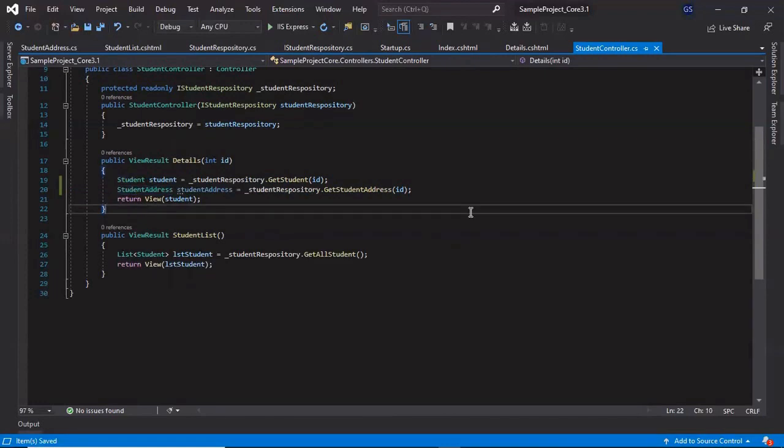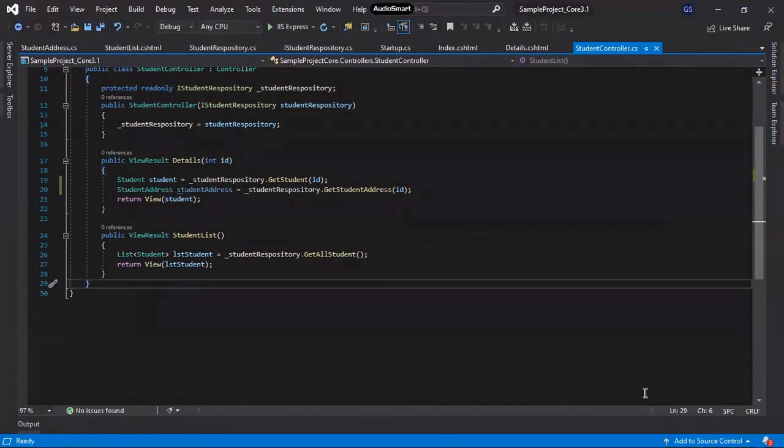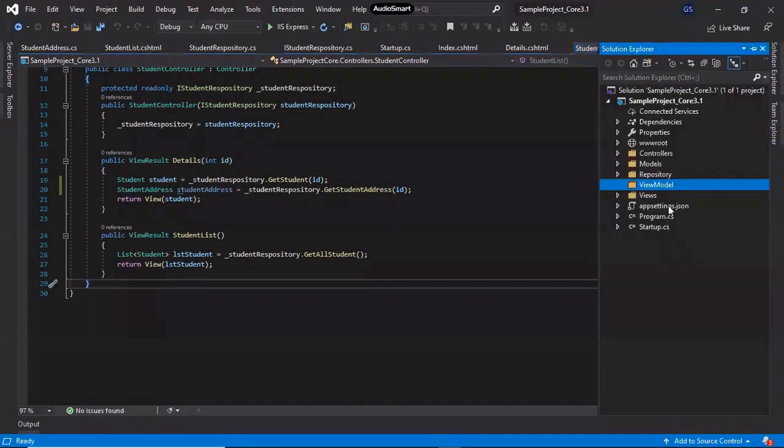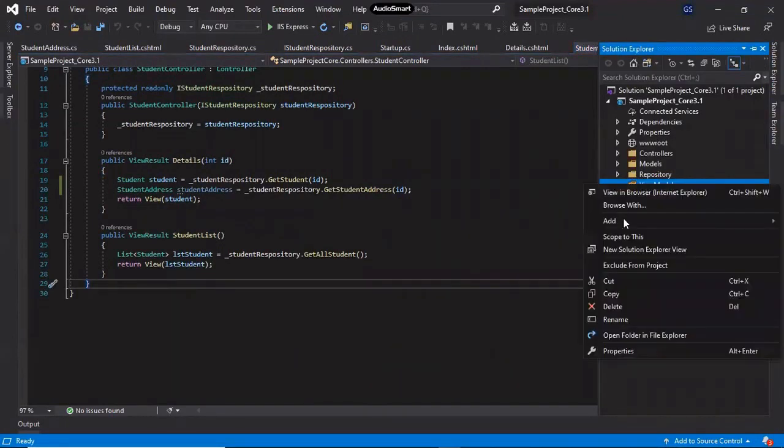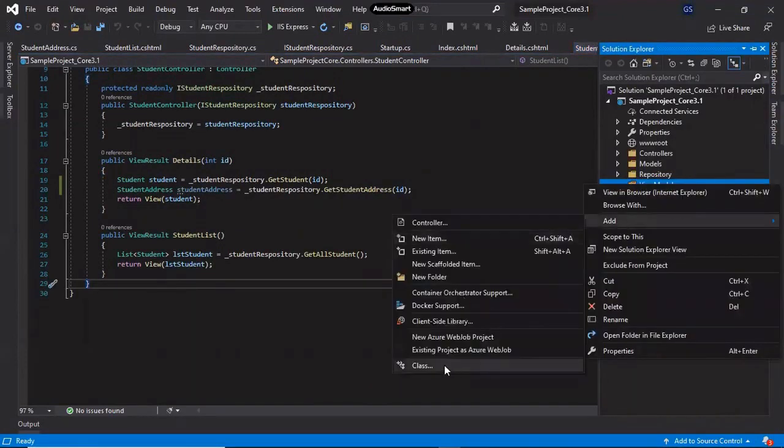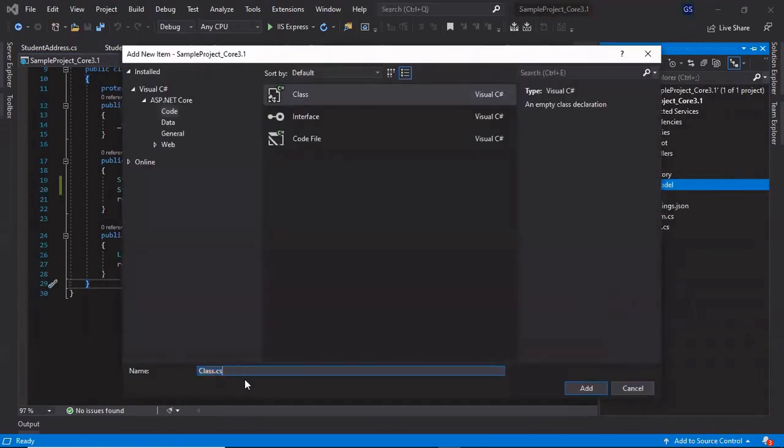We should store all our view model classes under a view model folder in our application, but it is not mandatory. So now we have added the view model folder here. Let's add the student view model inside the view model folder. Right click on the folder, add, click on class, and call it StudentViewModel.